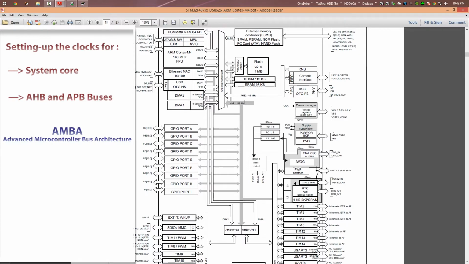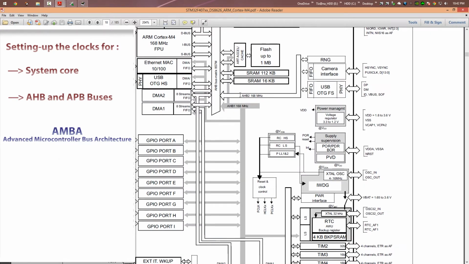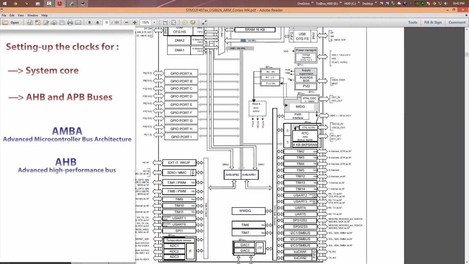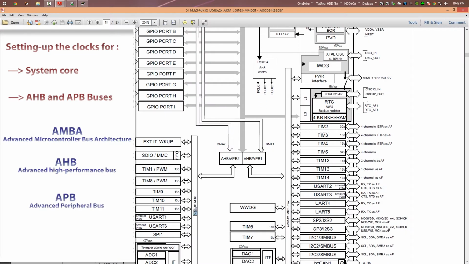As you can see here, we have the main system bus called the AHB, whose maximum frequency is 168 megahertz. AHB means Advanced High-performance Bus. Then the second kind of buses, the APB, APB2 and APB1. APB means Advanced Peripheral Bus. The APB2 maximum frequency is 84 megahertz, and the APB1 maximum frequency is